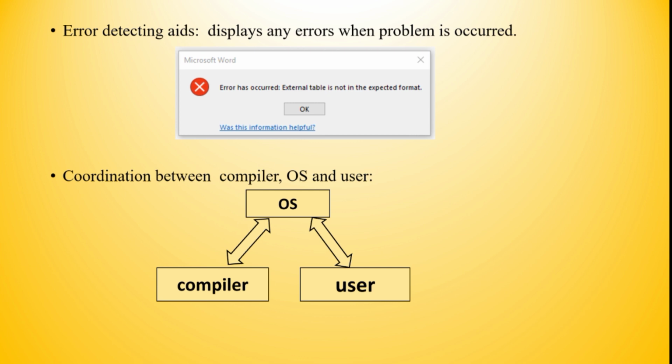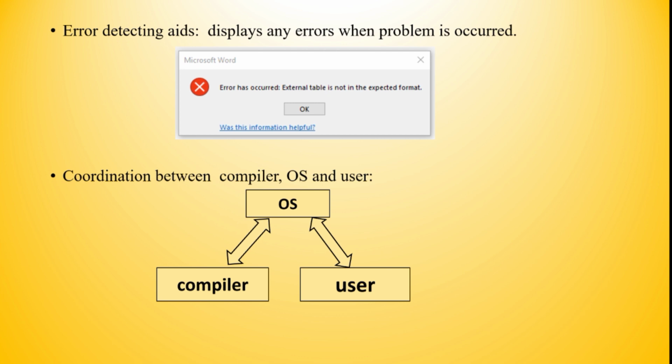The operating system coordinates between compiler and user. For example, the high-level language program written by the user is accepted by system as data and is converted into machine code by the compiler, and the result is shown to the user. Now let us just recall the features once.